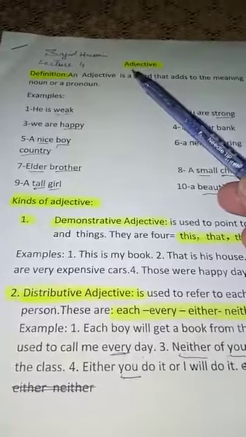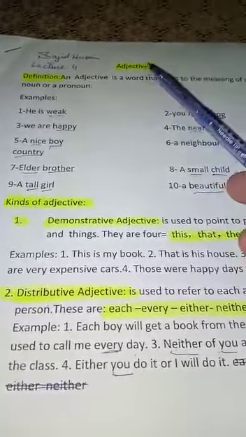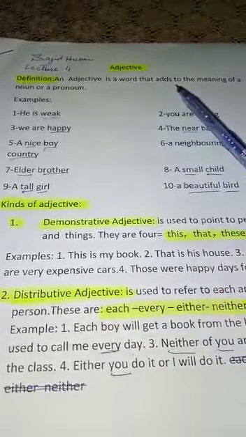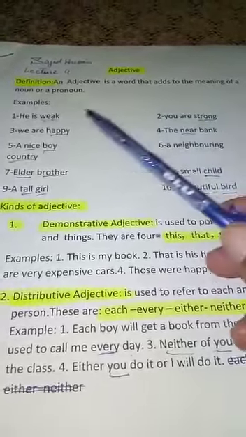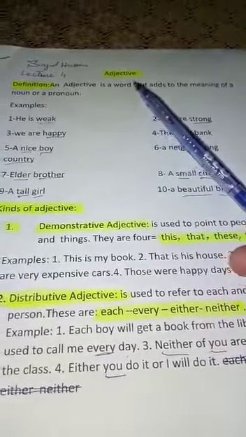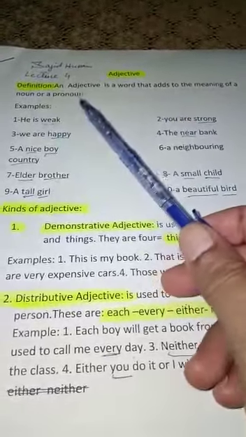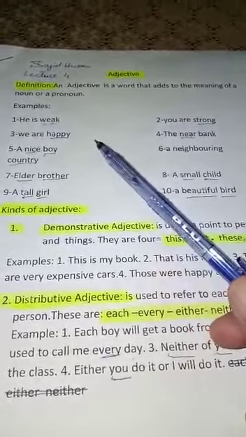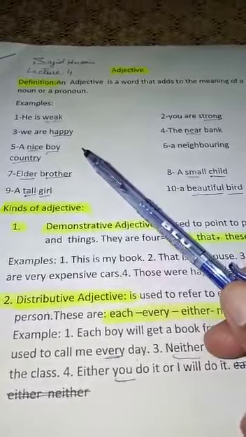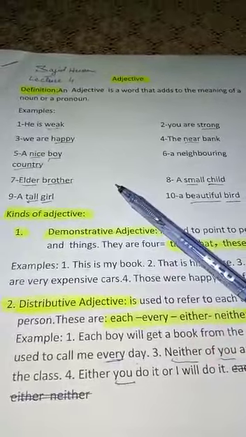We started with parts of speech, and this fourth part of speech is adjective. Adjective is a word that adds to the meaning of a noun or a pronoun. The distinct feature of adjective is that it adds to the meaning of a noun or a pronoun. Let's see and identify how adjective adds to the meaning of a noun or a pronoun from these 10 given